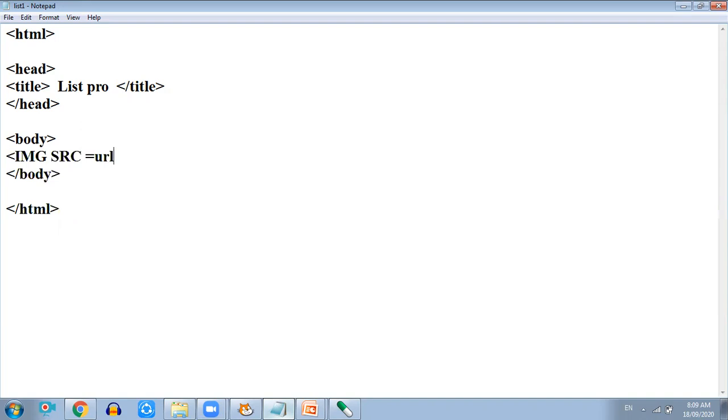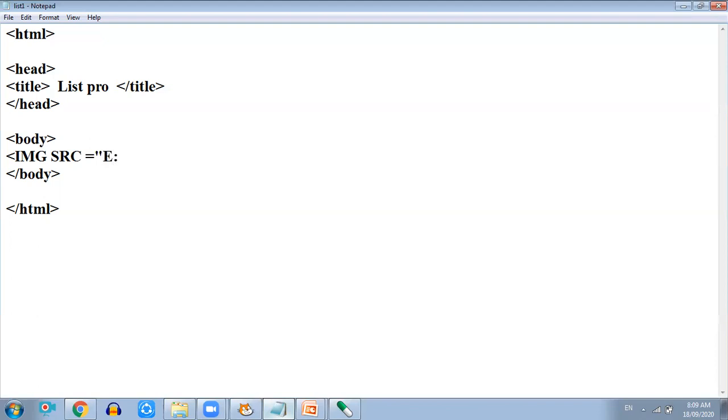That means don't type the letters URL. You have to type the location of the file. URL full form is Uniform Resource Locator. So here we are going to type the location of the file. That file is in our computer, you have to type it in inverted commas. My computer it is at E colon. So you have to check in your computer where it is.